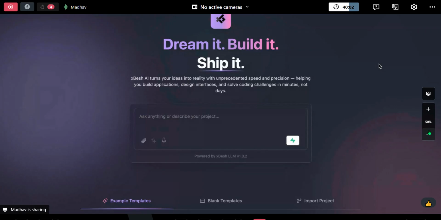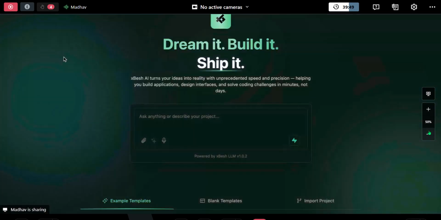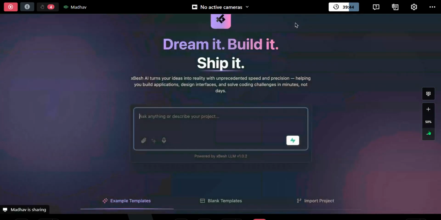But anyways, let's start this. When you're going to enter your prompt here, let me tell you one more thing. We have done major changes recently, but I did not make them live because they are running here on my localhost, on my computer. I will push them after this webinar. There are a few things which are completely fixed, like enhancement. Right now, when you try to enhance something, it is not working here, but it's working on my localhost, so it has been fixed. There are a couple of major changes we have done so far, which will be pushed after this webinar by morning. So the team is working on that. But anyways, let's start this.